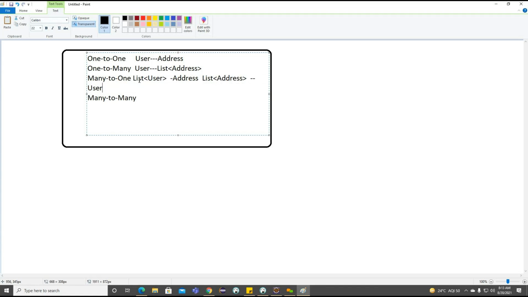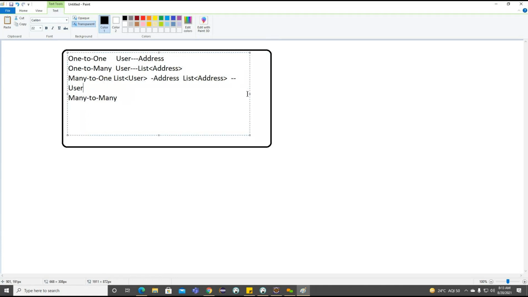Multiple address can contain to the single user. So this is another way to define here. So list of user can contain one address, or list of address can contain to the single user. So this particular list of addresses have here many addresses. Many addresses having relation to the one user, or many users can contain the one address.